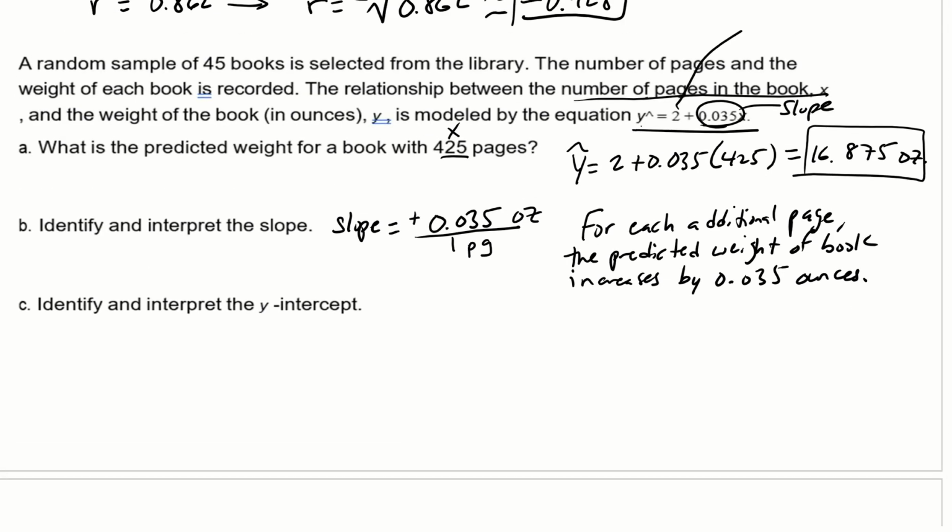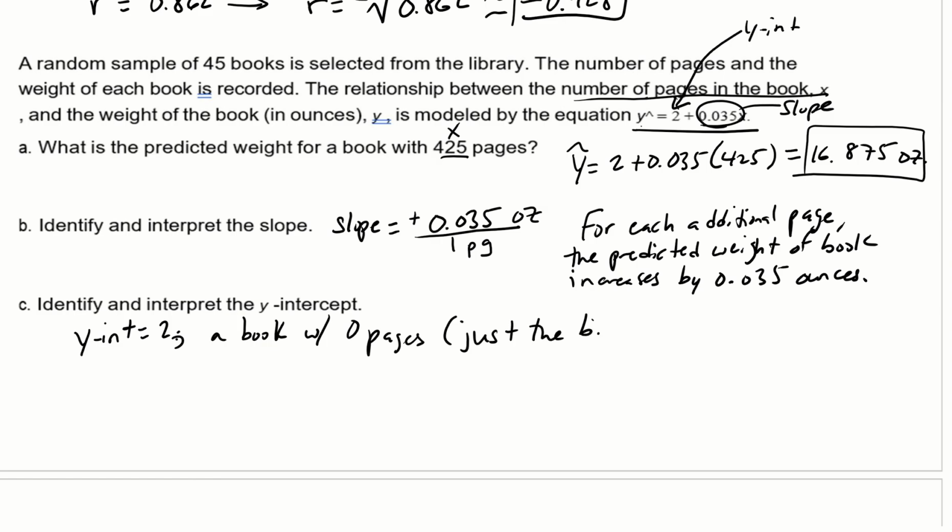So the y-intercept, that's the y-intercept right there, is that 2. So the y-intercept is equal to 2 ounces. Remember, the y-intercept is when x is 0. So if you have 0 pages, the book is going to weigh 2 ounces. A book with 0 pages, in other words, just the binding, right? You have the binding and then you have the pages. So it's just the binding,